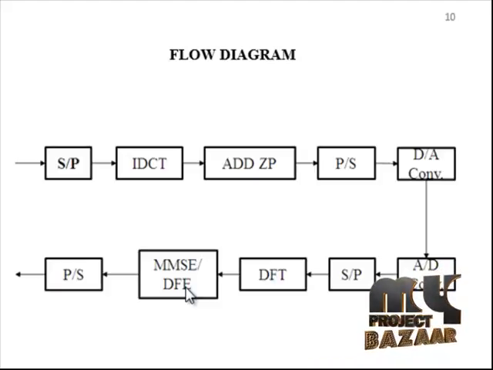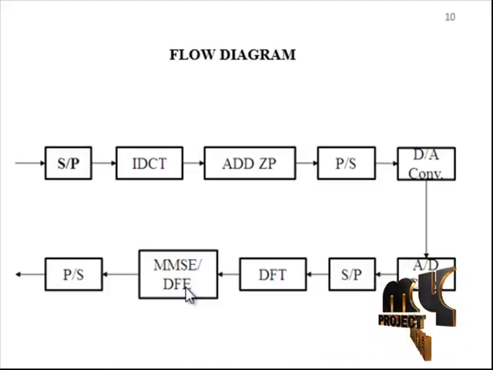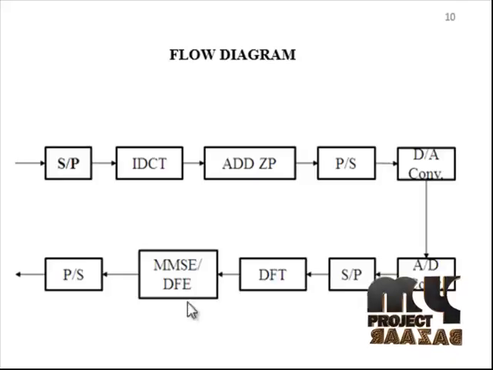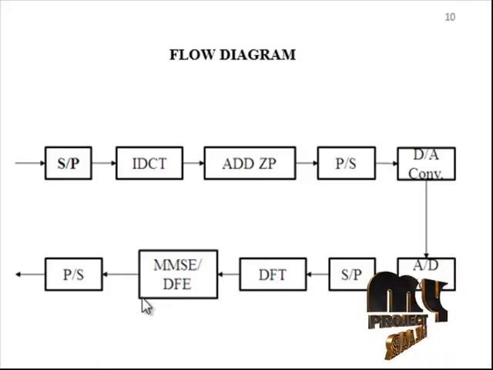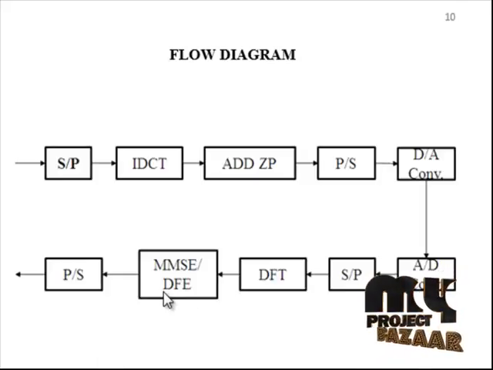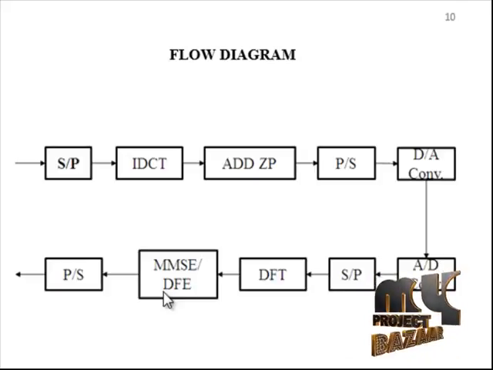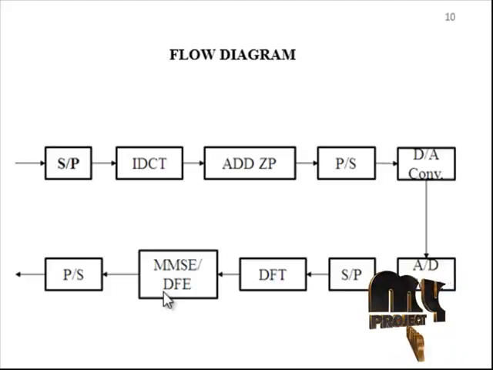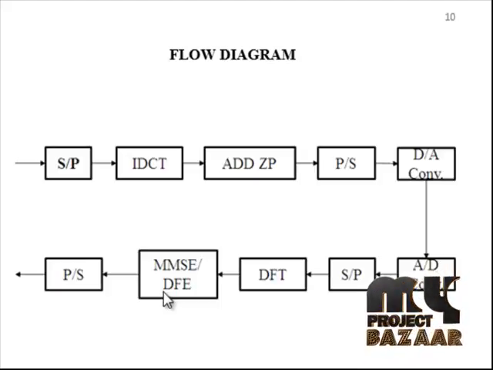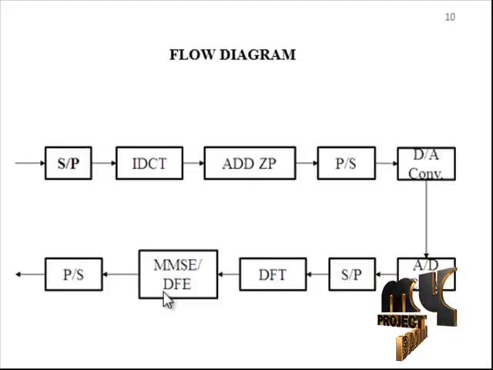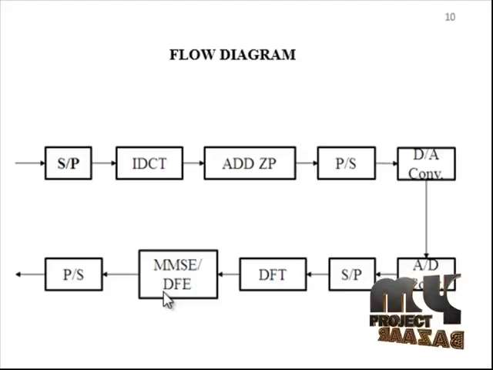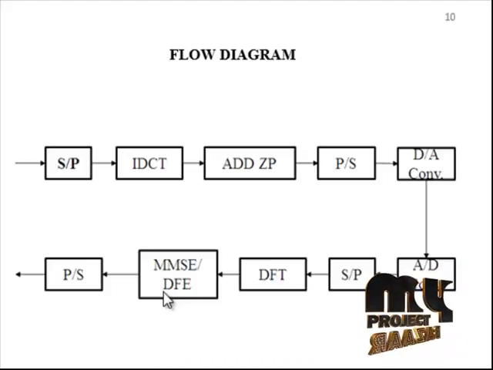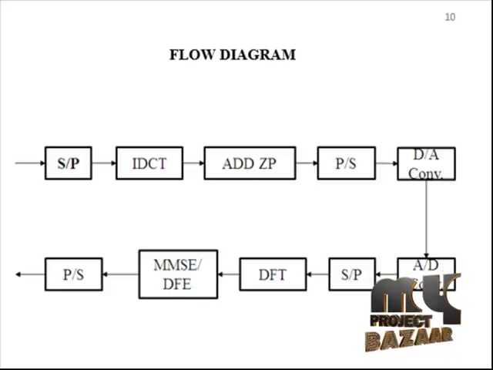The zero forcing equalizer enhances noise and results in performance degradation. On the other hand, the minimum mean square error equalizer minimizes the error between the received signal and the transmitted symbol without enhancing the noise. Although the DFE based equalizer performs better than the ZF equalizer, its performance is not enough for channels with severe ISI. An obvious choice for channels with severe ISI is a nonlinear equalizer.